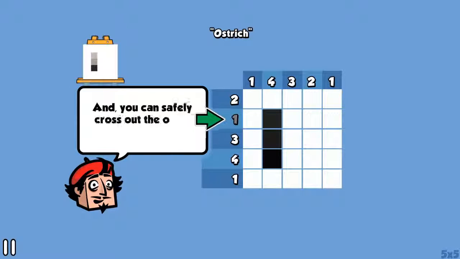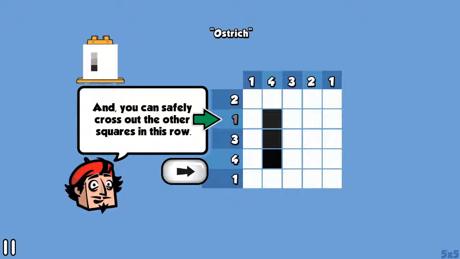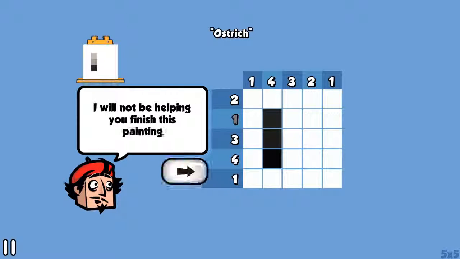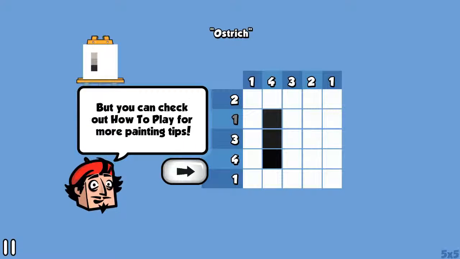Okay. How do you safely cross out the other squares in this row? That should get you started. I will not be helping you finish this painting, but you can check out how to play for more painting